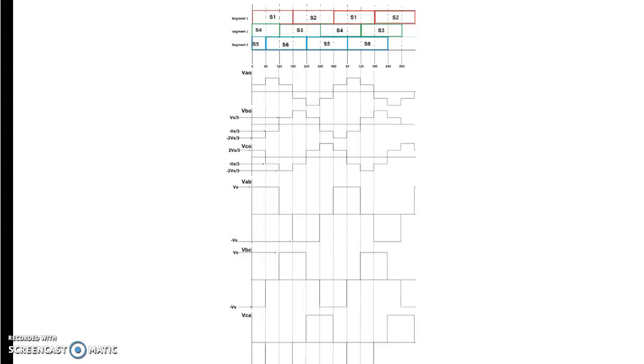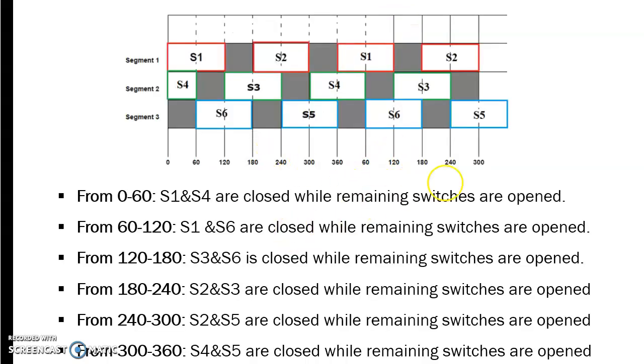That was the 180 degree conduction mode. Similarly in 120 degree conduction mode, each switch is conducting for a 120 degree duration. If S1 is conducted for 120 degree duration, after this there is a blank time, and S2 is turned on after 180 degree. This is conducting for 120 degree duration.